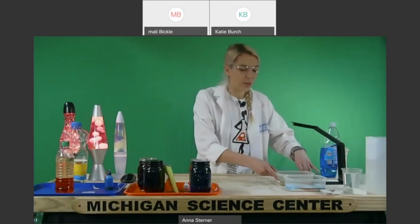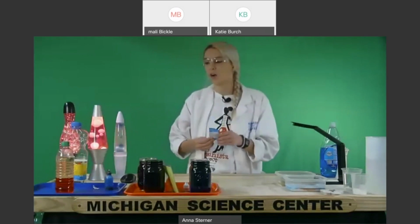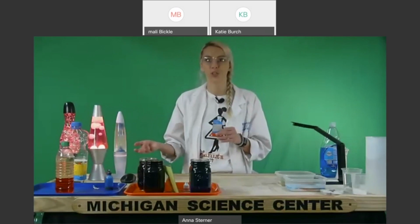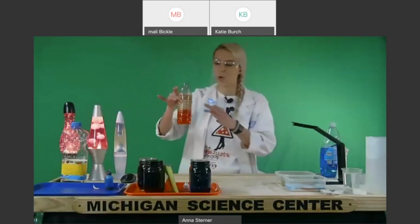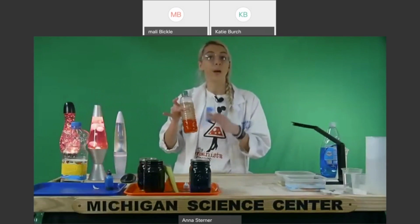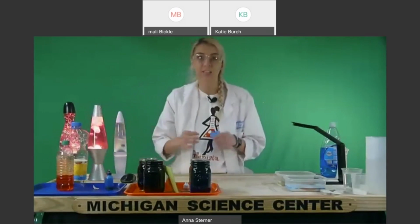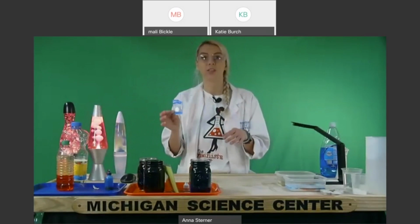So we've talked about surface tension. Now, when we dropped our Alka-Seltzer in the water for our lava lamp experiment, we still had a physical change. Everything stayed separate. You can see that it went right back to being oil and water. But this is kind of a tricky one because Alka-Seltzer creates an acid-base reaction when you drop it inside